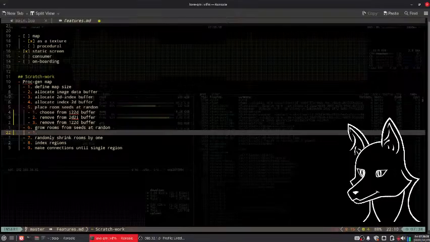So I don't know if I need to store, because I might need to store in these rooms, right? Because it might be better to have